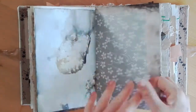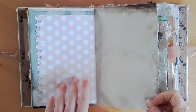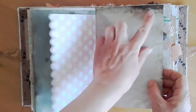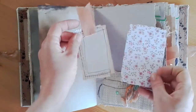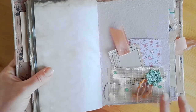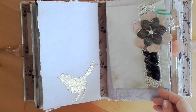And I combined these papers, of course, with a little bit of designer paper to just soften it up a bit. This lovely polka dot paper adds a little bit of femininity, I think, and just softness against all the coffee dyeing and everything going on. So yeah, in my opinion, that's more journaling tags. A pocket I created out of paper and some meshy fabric fibers, bling, crocheted flower, heat embossed, gold embossed bird,